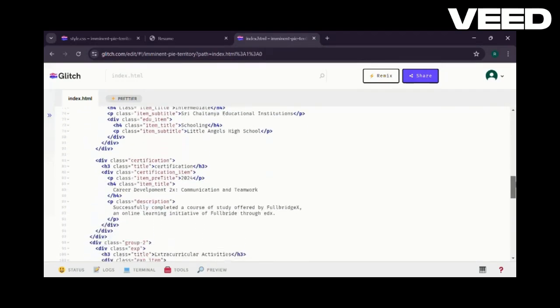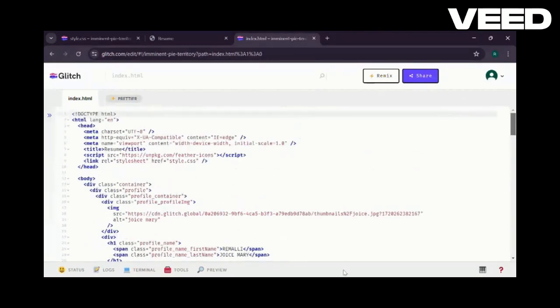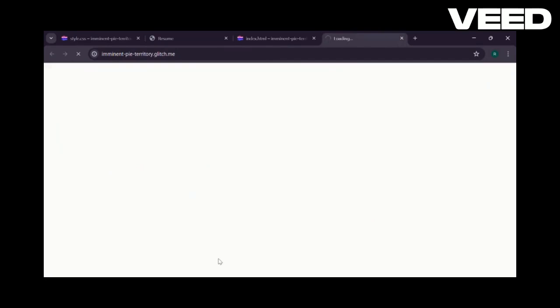The body tag contains the content of the HTML document that is visible to the user. The div container element is used to group and style sections of the document. It's a versatile block element.